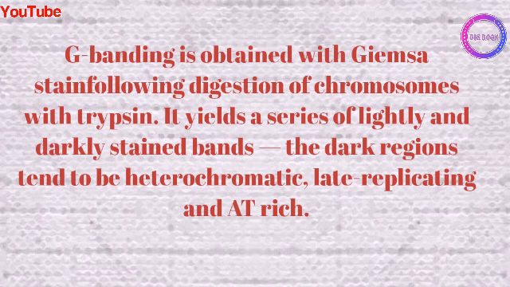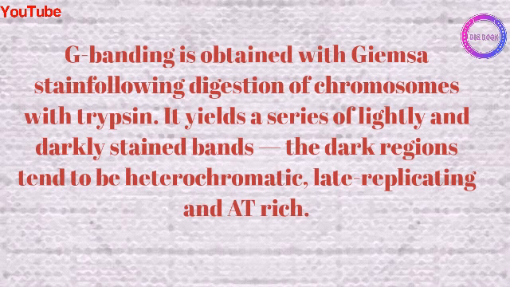Trypsin is an enzyme which helps in digestion of certain non-histone parts of the chromosomes, that is going to lead to the staining of the GC regions. It yields a series of lightly and darkly stained bands. The dark regions tend to be heterochromatic and the light regions tend to be euchromatic, late replicating,